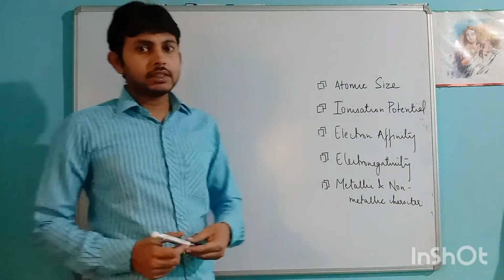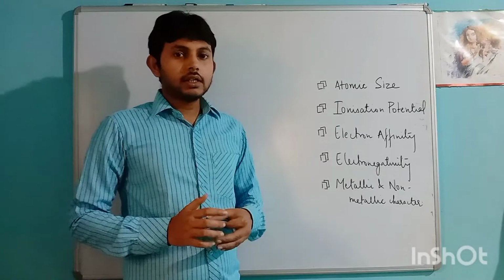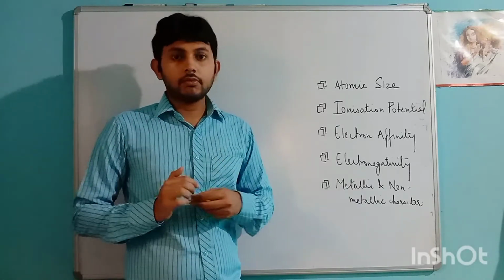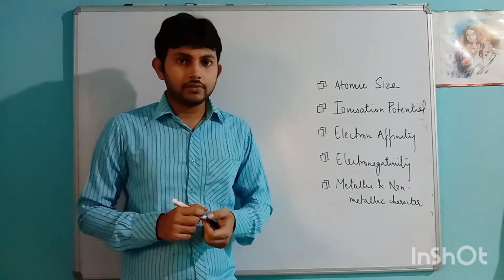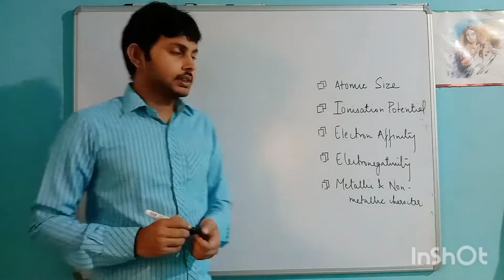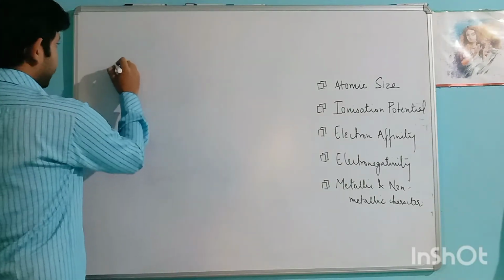Group 18 elements are also called inert gases. Why inert gases? Because they have stable electronic configuration. What do I mean by stable electronic configuration? That is, their outermost shell is fulfilled. So you have to remember,